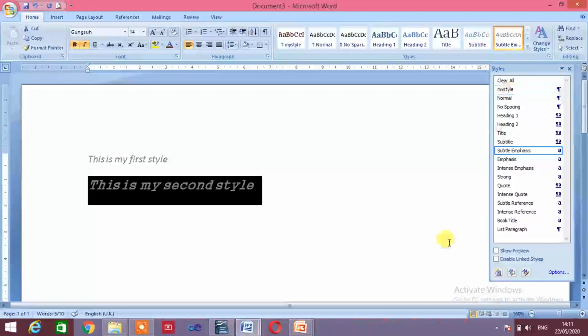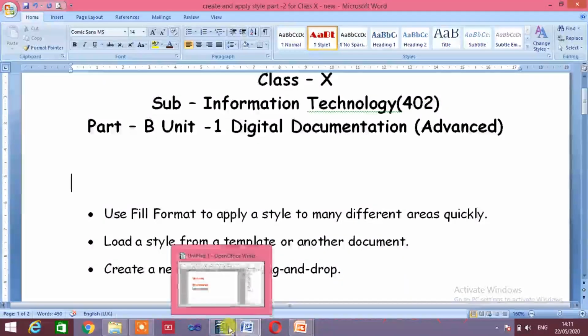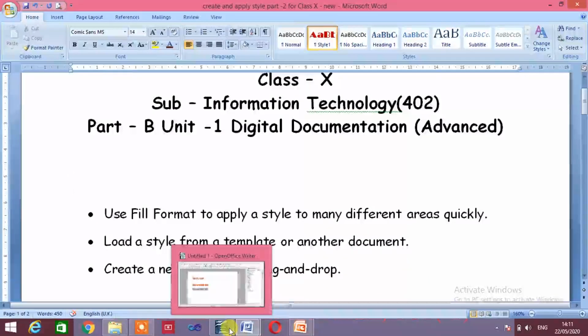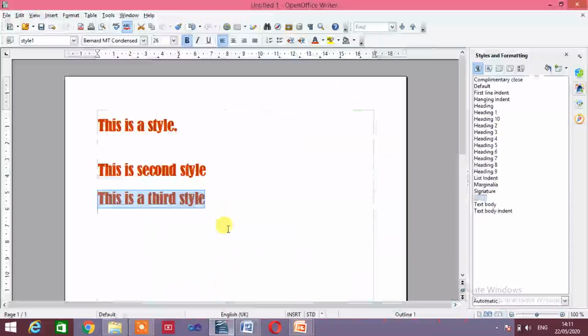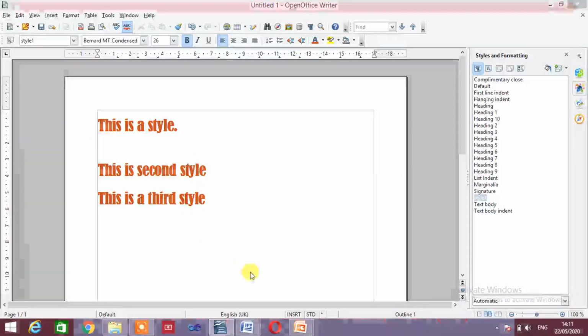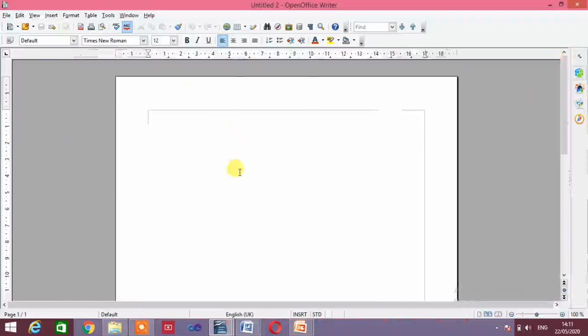Now the third option is create a new style using the drag and drop option. To create a new style using the drag and drop option, we have to use OpenOffice Writer. I'm going to create a new document. Here I am typing my file.